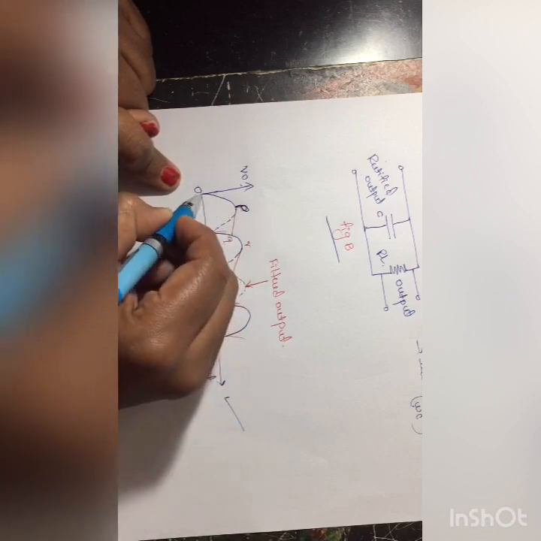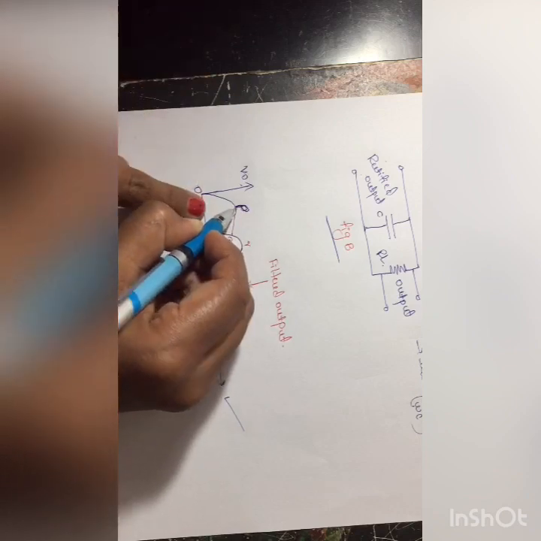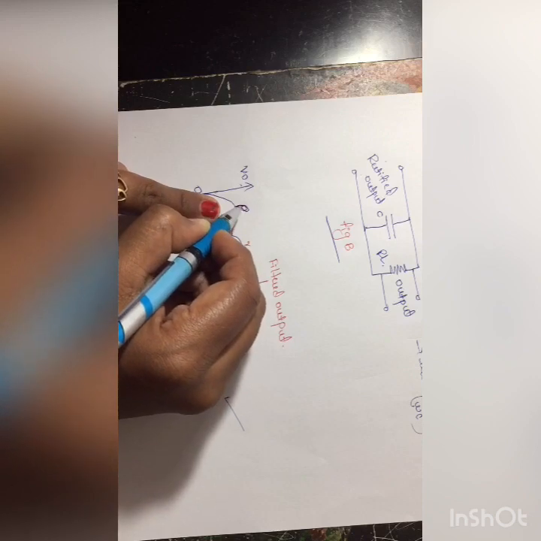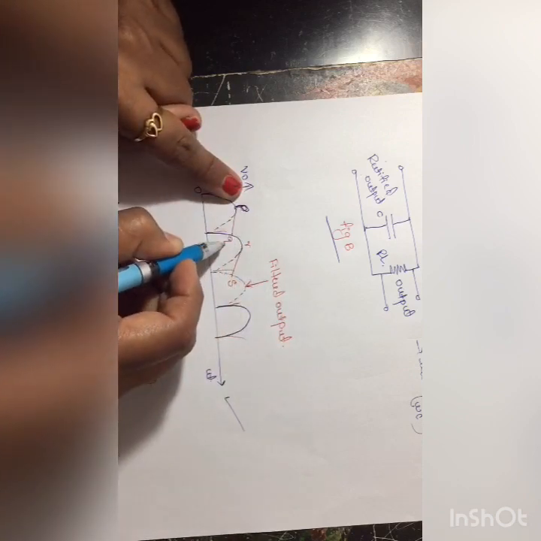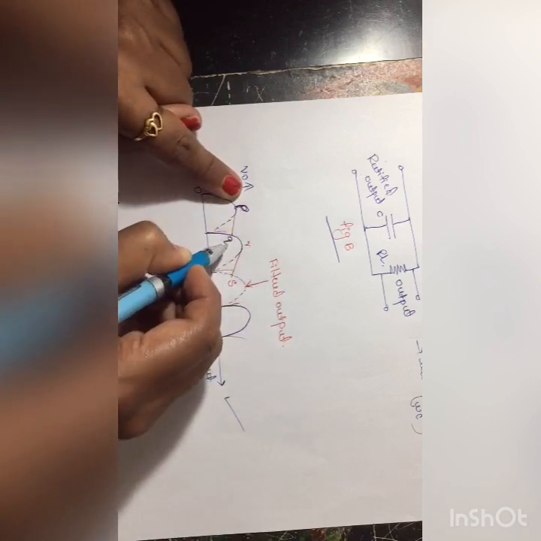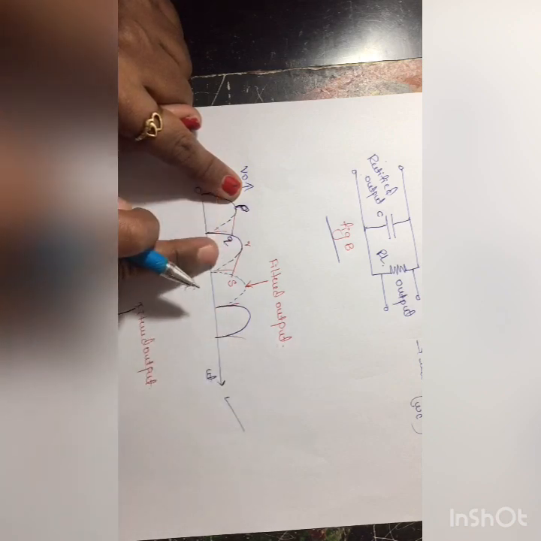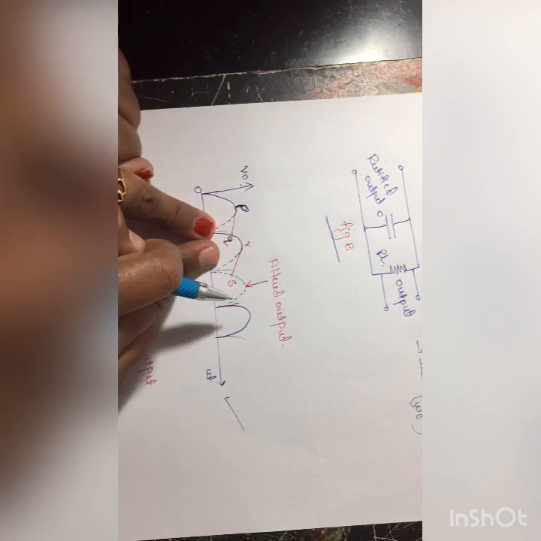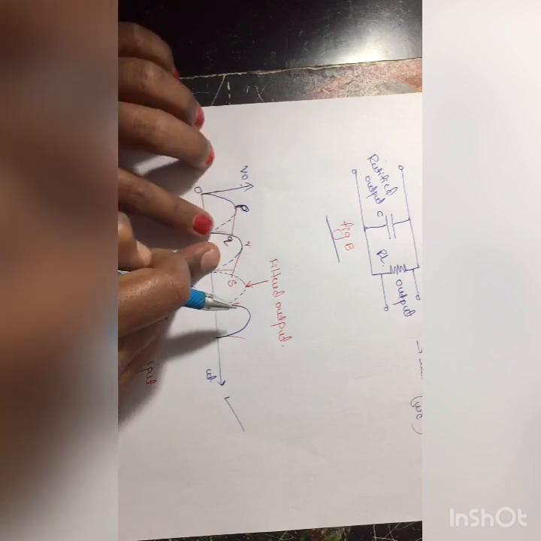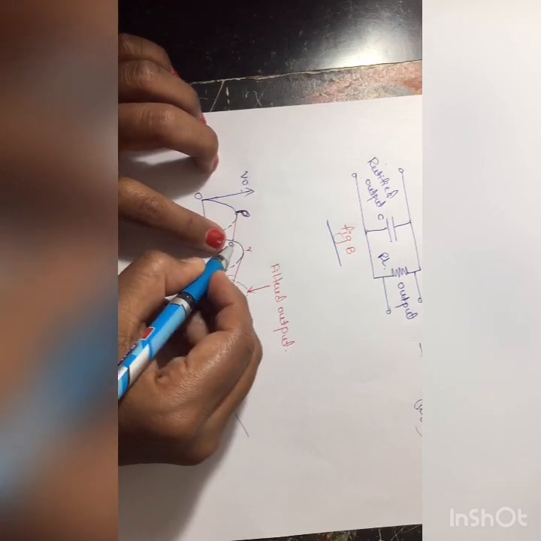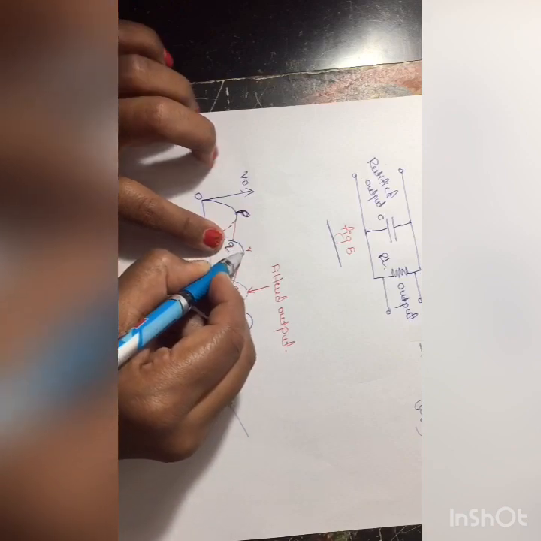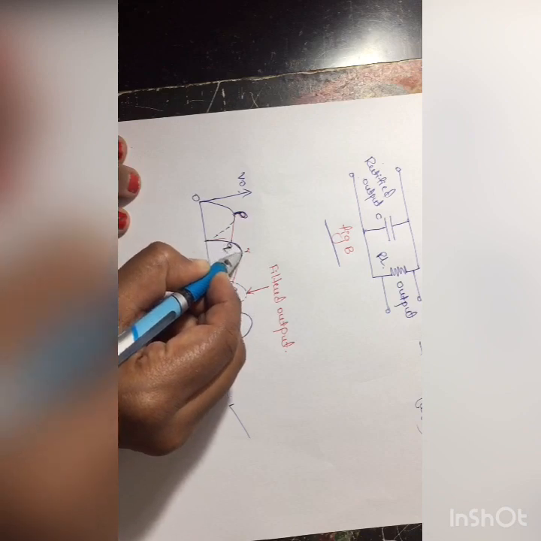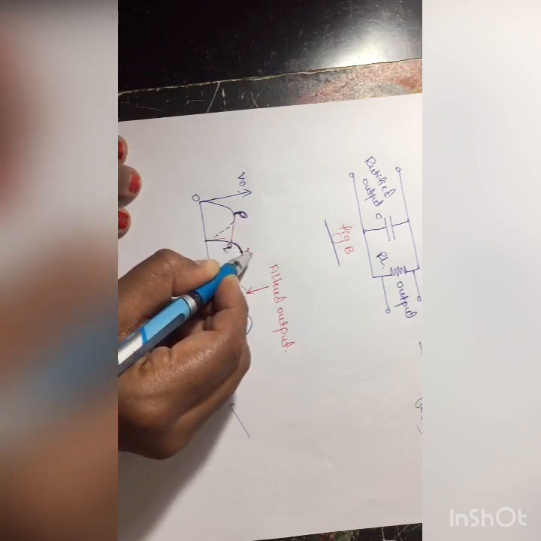I told you the capacitor is charging, almost reaching the maximum peak voltage, which is represented by P. After that it discharges, and that point is represented as Q, meaning PQ shows the discharging of the capacitor. Next the capacitor rises again, charging, and again reaches the maximum peak point, which I mention as R.